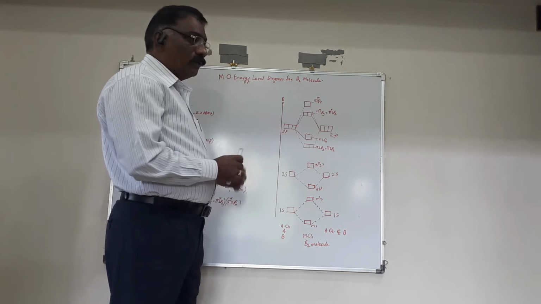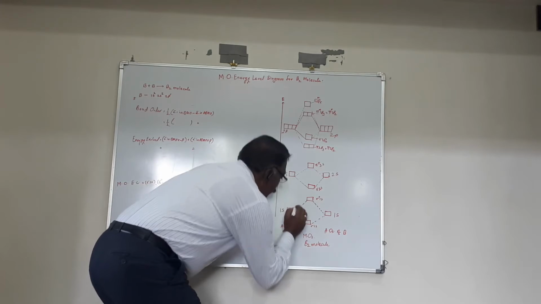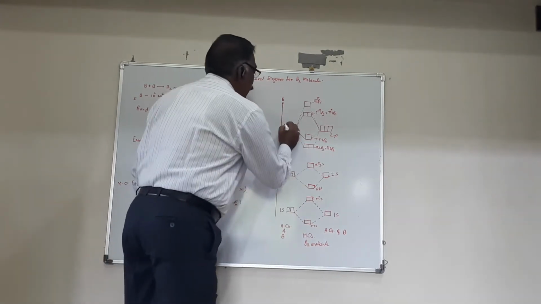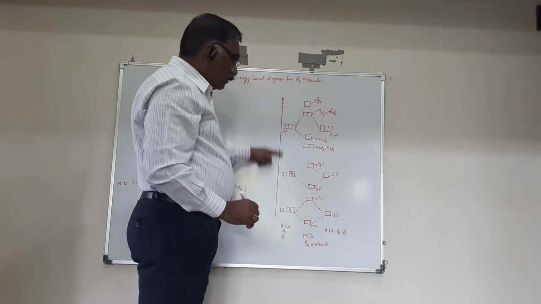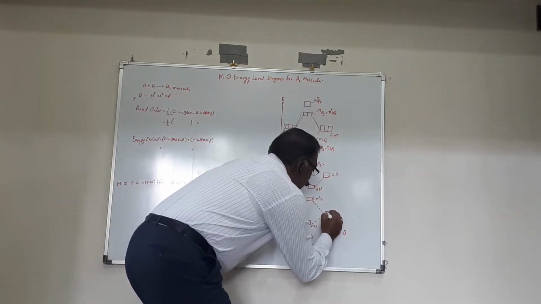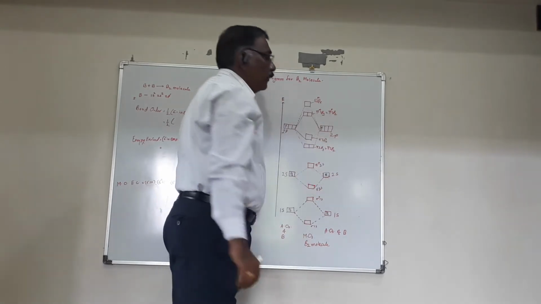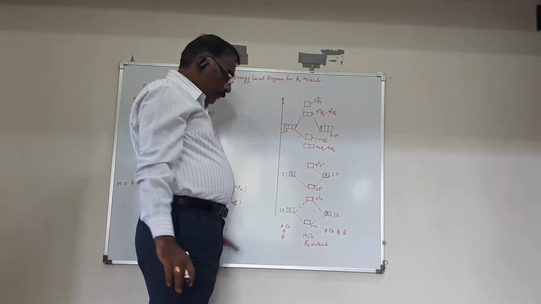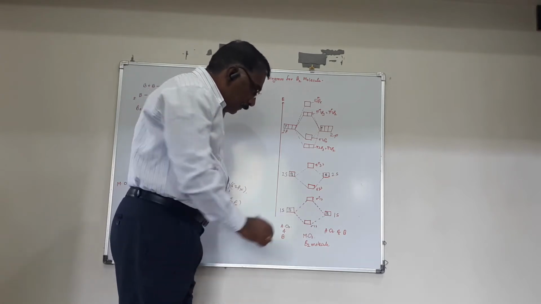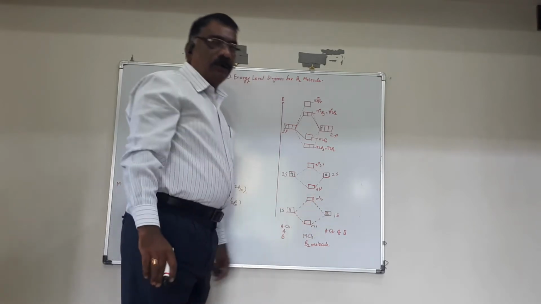When we look at the electrons, the first boron has 1s2, 2s2 and 2p1. These are the electrons of the first boron. The second boron also has 1s2, 2s2 and 2p1. See how they will enter. After the combination there is formation of these molecular orbitals, and now these electrons and those electrons enter into the newly formed molecular orbitals.